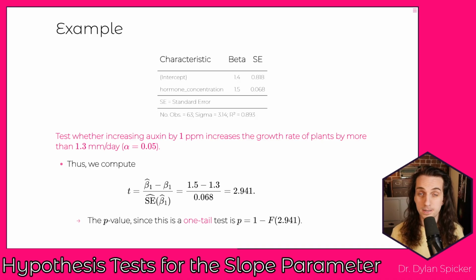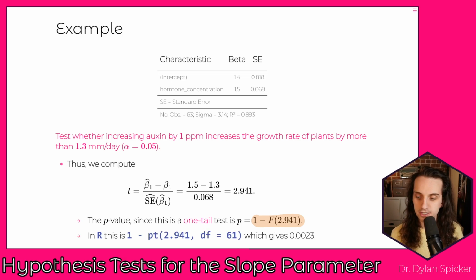Since this is going to be a one-tail t-test, we only want the upper tail, right? Because we want to know, is it greater than? So that's 1 minus the CDF at the value that we have here, right? If we want that, we can use R to calculate this out using the pt function, right? And so specifically, we want 1 minus F, so we're going to take 1 minus pt. We plug in that 2.941 into it with the degrees of freedom being 61 to match our distribution here, and that's going to give us 0.0023. Okay, so 0.0023 is less than alpha, and as a result, we're going to be able to reject the null